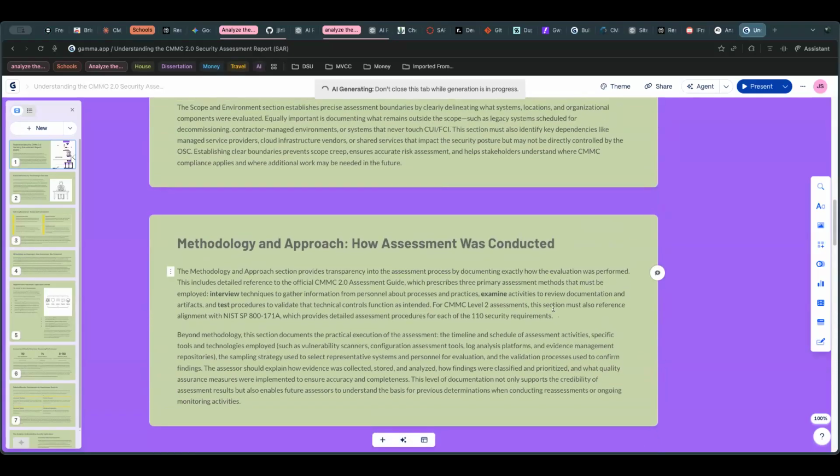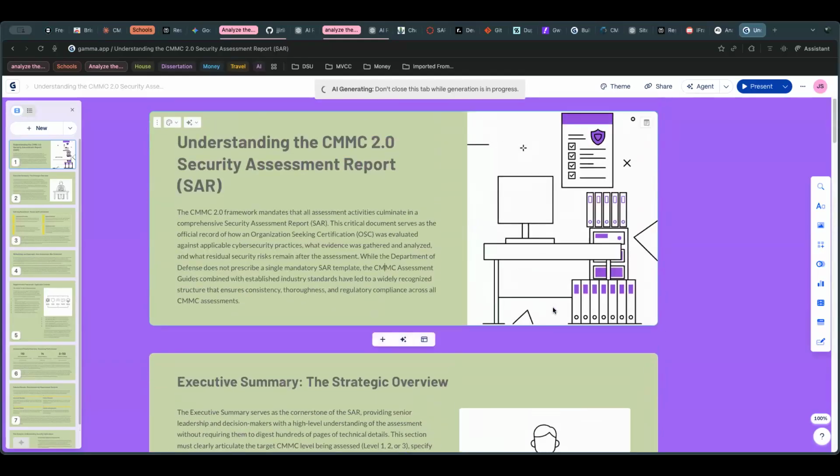But you can see how easy it is for the students if they need to present their findings, right? So if this is an assignment, then you will tell them, hey, your job is to create the security assessment report. Analyze this company and then create it. Then you can tell them, hey, you will have to present it as a team or individuals to the rest of the class. And a lot of my students always fret,